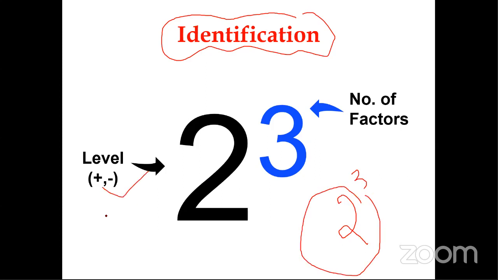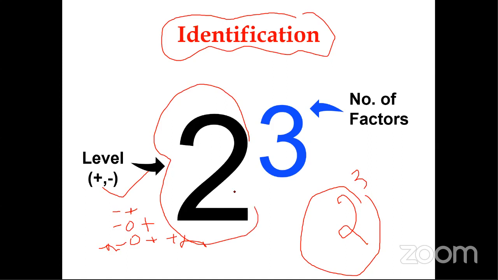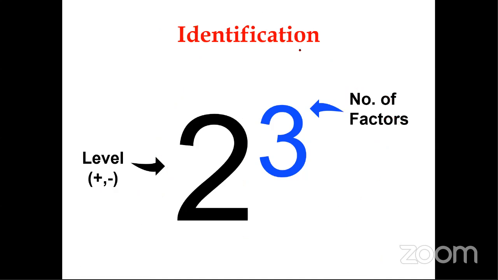So it starts from 2 levels, that is plus and minus, 3 levels, that is minus, 0, plus, sometimes more than 3 levels, that is minus alpha, minus, 0, plus, plus alpha, 5 levels. So basically this down indicates the level of each factor, and the upper component indicates the number of factors you have taken. So if you take this run, it indicates you have taken total 3 factors, A, B, C,